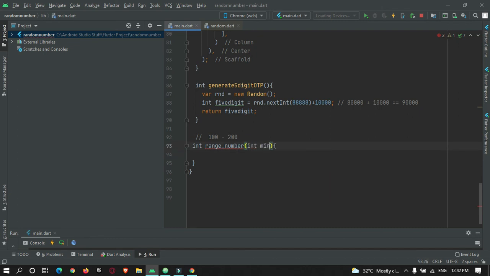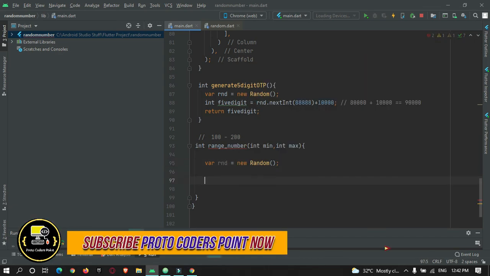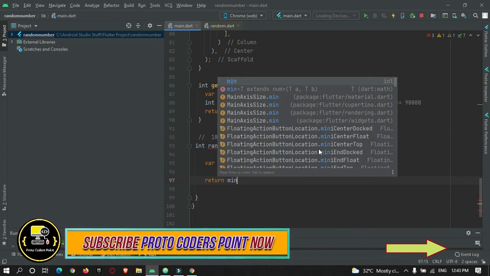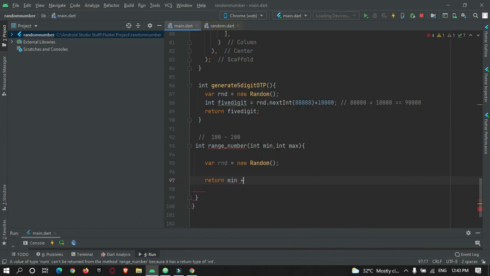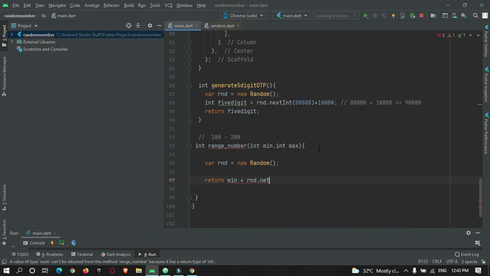Suppose the minimum range, that is 100 for example, and the maximum range. Now here just create an object of Random class, and then just return the minimum number that a user wants plus random.nextInt of maximum number minus minimum number.